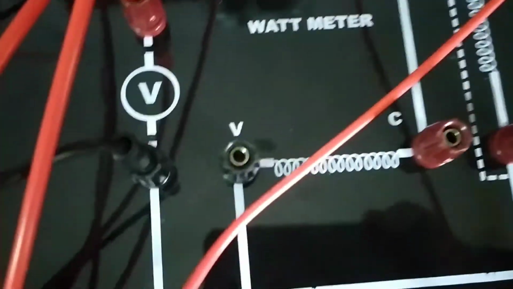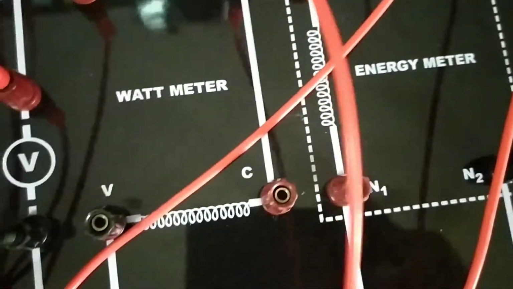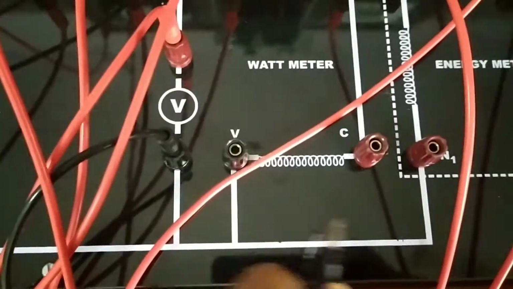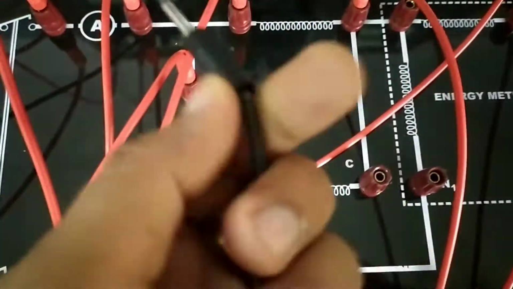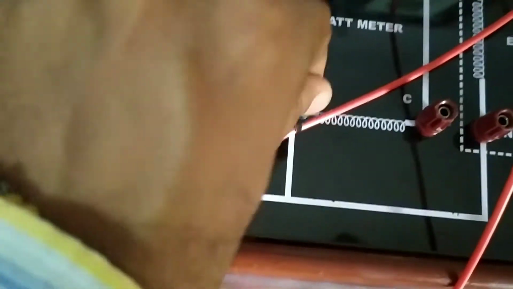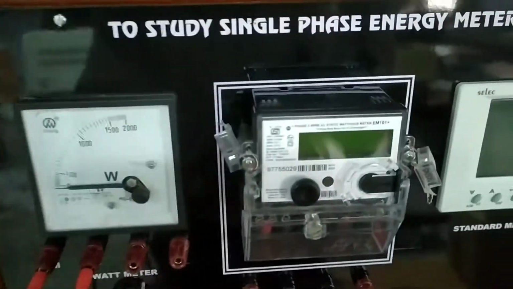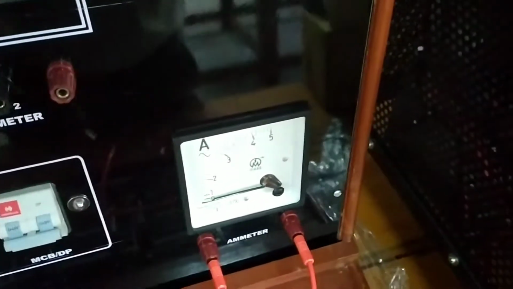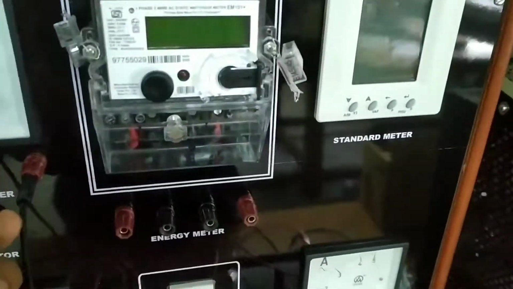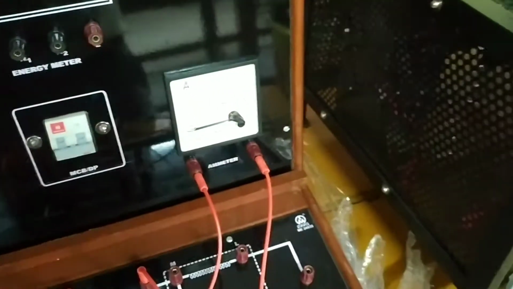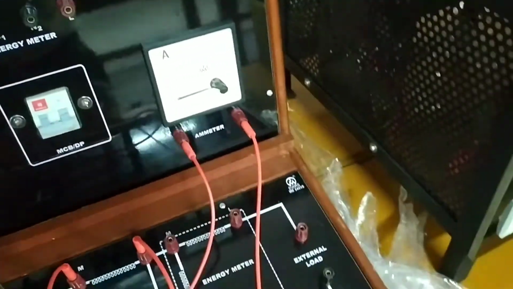Then we have to connect the C and V, and because C and V are applied at the negative terminal, this is connected to the negative terminal, so we have to use the black wire. So connect the voltage terminal to the voltage terminal of the meter. Similarly, we have to connect the common terminal to the common terminal of the wattmeter. In this way you have connected the MLCV points.